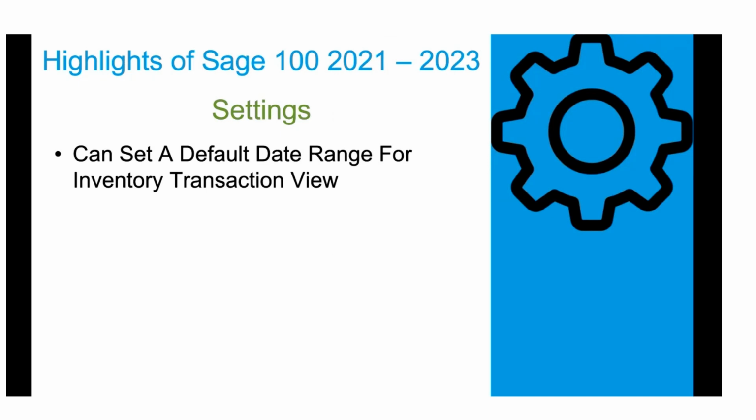Settings. So we talked about this similarly earlier with the quotes, and Dave made a comment that maybe in a future release a setting will come out, but a new setting has been put in for inventory transactions. Now when you go to an inventory item and you go to the transactions tab, it used to show transactions, I believe, Dave, for the current period that you're in. Yeah. And now you can set a date range so that you're looking at a wider swath versus just the